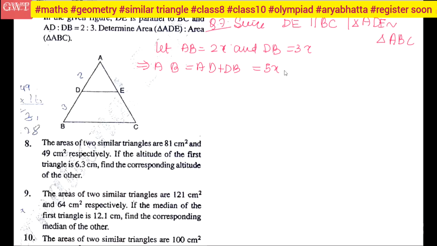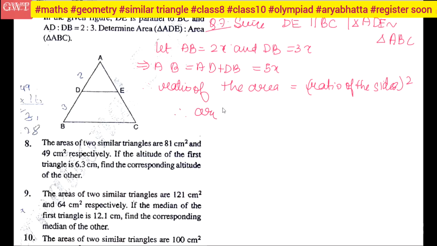Now, similarly, the ratio of their areas. What is the ratio of the areas? It is the ratio of the corresponding sides squared. Ratio of the sides squared, corresponding sides squared. So I can apply my laws. And what will I write? I will write that